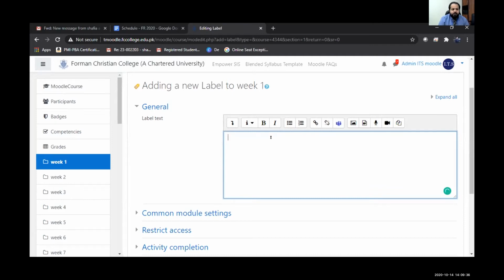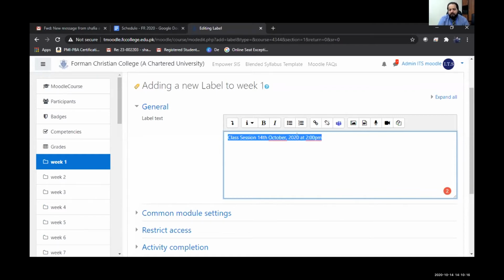The first thing is that I'm going to put in the text for my label. So I'm just going to put in class session 14th October 2020 at 2 p.m. And when I put this text in the text box, the next thing I'm going to do is select it, because when I create the link, this text is going to be hyperlinked.